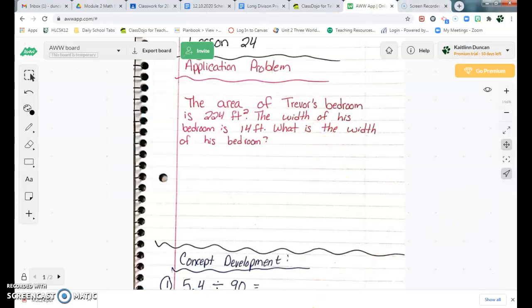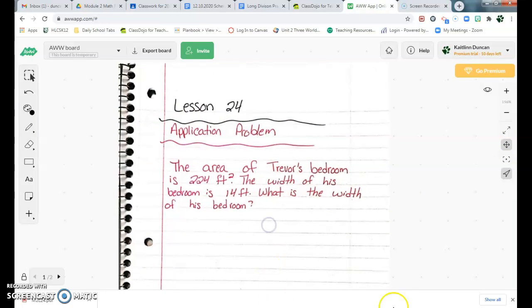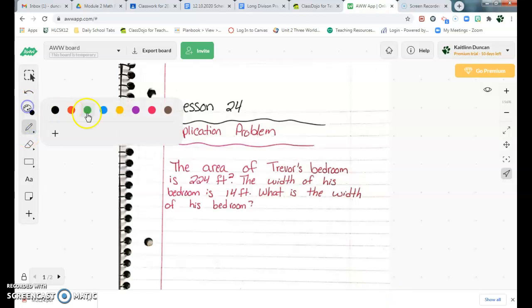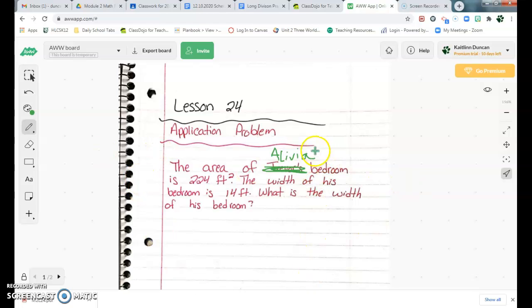Going over here to my math notes. Again, if you need to pause the video to write any of this down, go ahead and do that. We're going to start off with our application problem for lesson 24, and I'm going to change the name of my student. Yesterday I think I picked on Isaiah, so today I'm going to pick on Olivia. So I'm going to put Olivia's name right here. Our math warm-up today is the area of Olivia's bedroom